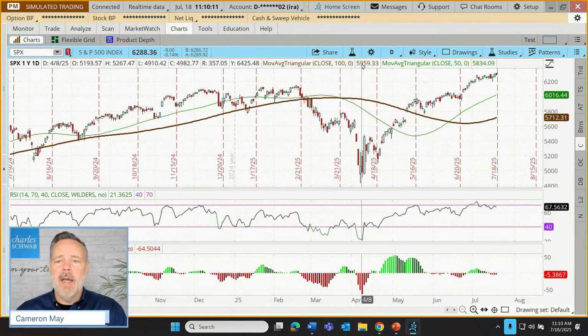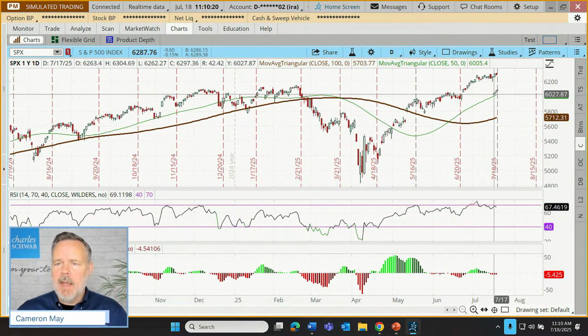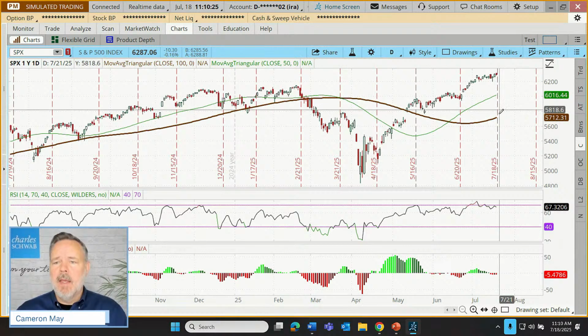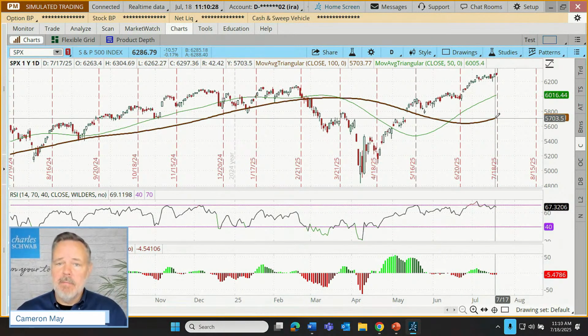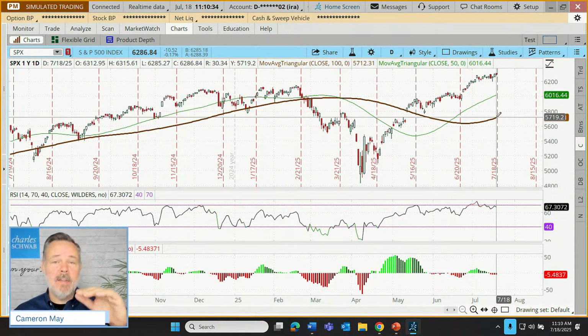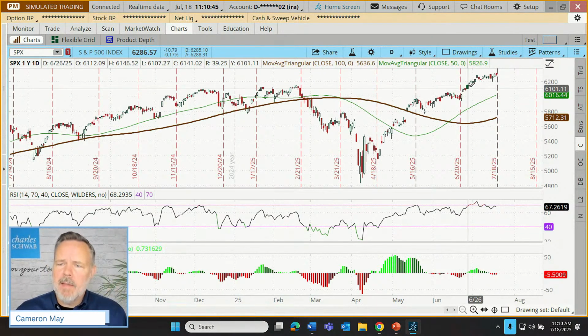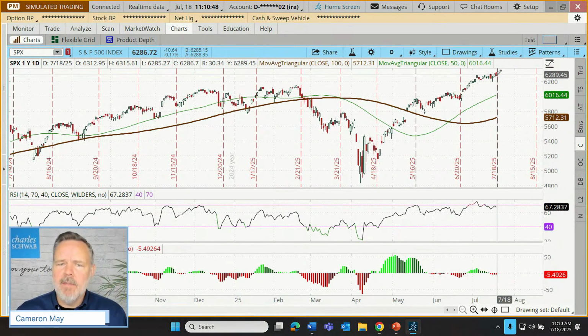confirmation comes from a pair of triangular moving averages, a 50 and a 100, sort of an intermediate and a longer term moving average. And the interpretation here being if the 50, that's our green line, is above the 100, that's our, what would we call that, rust line. In any case, if our intermediate is above the longer term, it might mean that price is generally strengthening over that intermediate trend time frame. And so that might incline a trader to be more bullish or to trade more bullishly if they use this sort of an approach.